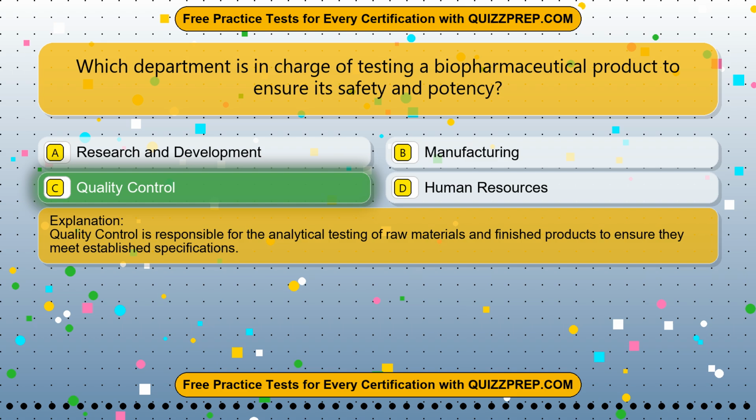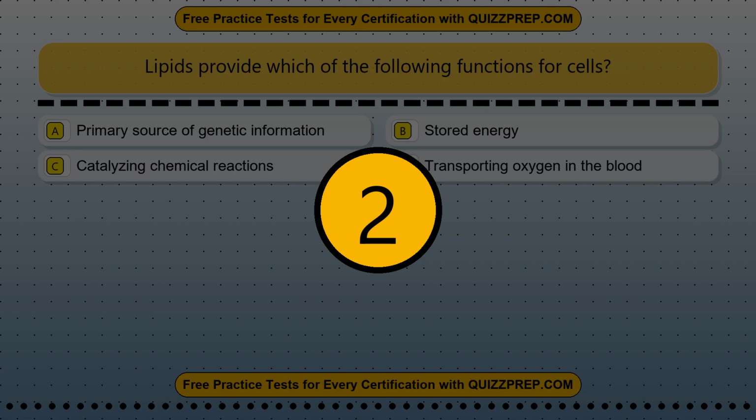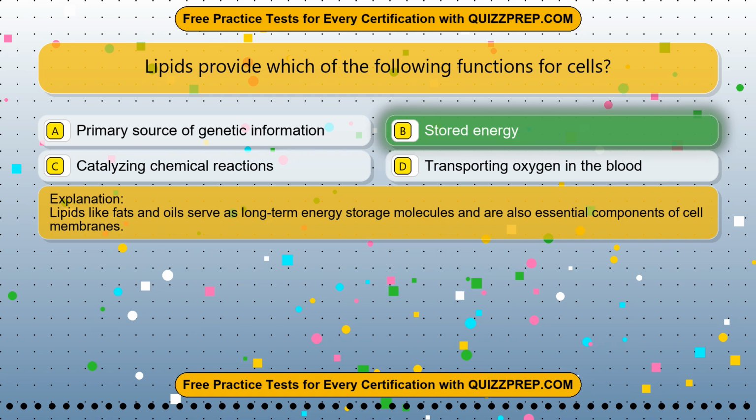established specifications. Question 11. Lipids provide which of the following functions for cells? Option A. Primary source of genetic information. Option B. Stored energy. Option C. Catalyzing chemical reactions. Option D. Transporting oxygen in the blood. The correct answer is option B. Stored energy. Lipids like fats and oils serve as long-term energy storage molecules and are also essential components of cell